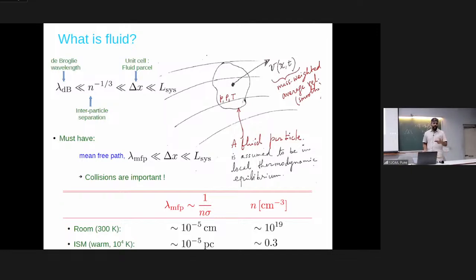Now sigma, if you take a hydrogen atom for example, you can try to work it out for molecules in this room. Take the number density of things in the room. Suppose it so happened that the mean free path turned out to be 10 meters. That is not in your control. If that were the case, you would not be able to apply a fluid description to study anything in this room. You understand? Because you can then define a fluid at a much larger scale. That may be true, that is what you are saying. Can I go to a regime or scales where this is always satisfied? Yes, but that may not be your system of interest.